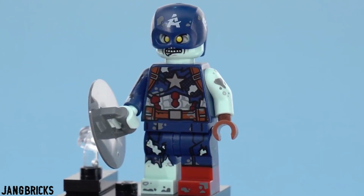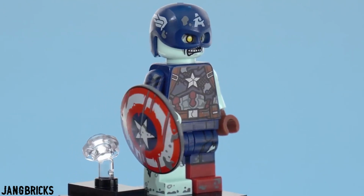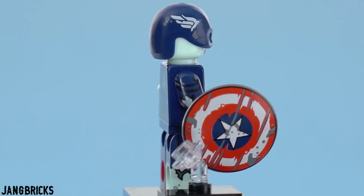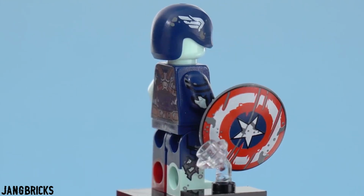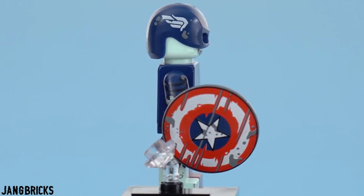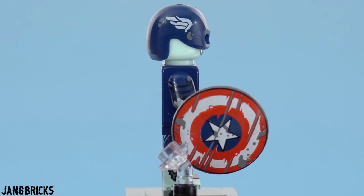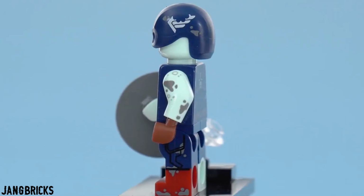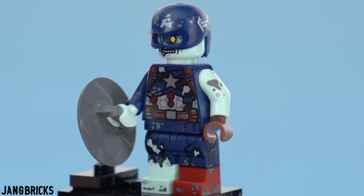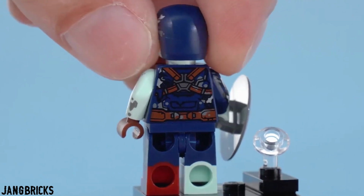One of the best zombie face prints that we've ever had from LEGO. And I love the color scheme as well, that sort of light blue that really just makes it look like just dead skin. I think it's very great, a little bit morbid of course, but it is a zombie. And the shield, once again, kind of similar point to the Captain Carter figure, but this shield is just an excellent damaged Captain America shield that you can use with some of the other figures, in particular the one from the Avengers Final Battle set, because that one could definitely use this shield